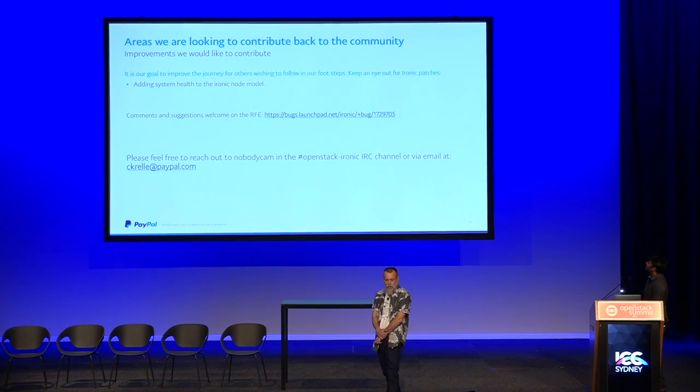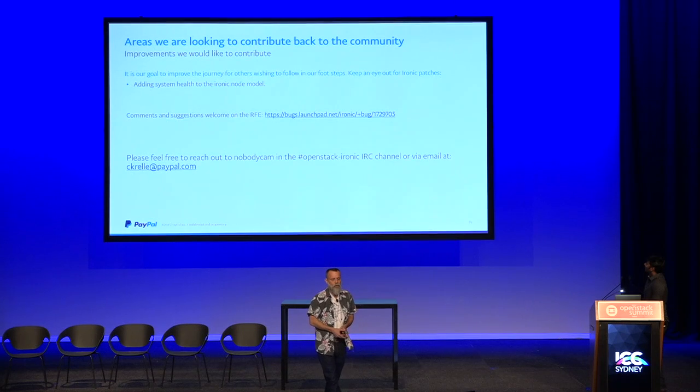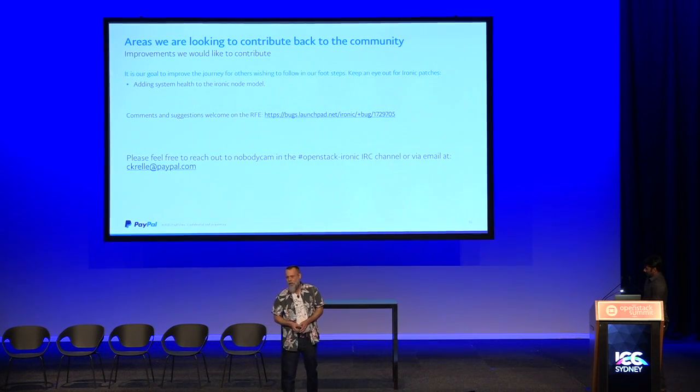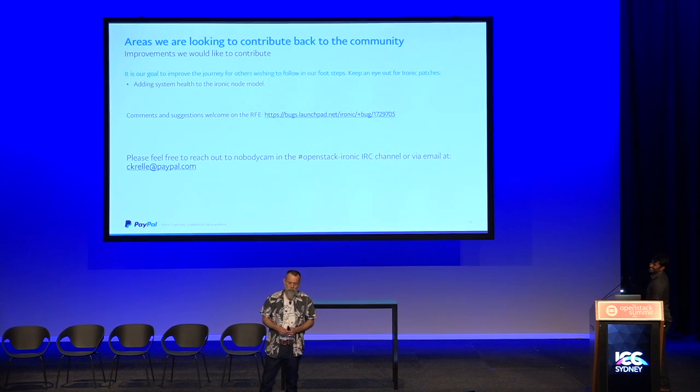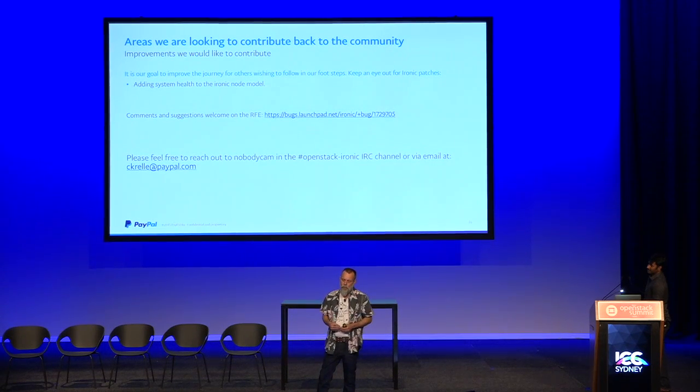Areas we're looking to give back to the community, areas we'd like to improve for others who are going on this journey, trying to automate their onboarding and provisioning, is one of the areas we found: adding system health to the Ironic node model. We have systems now that use the Ironic node extra field, which is used for a bunch of other things within our environment as well. So our node extra field is quite large. We feel that adding health checks into the node model would actually allow operators to make informed choices